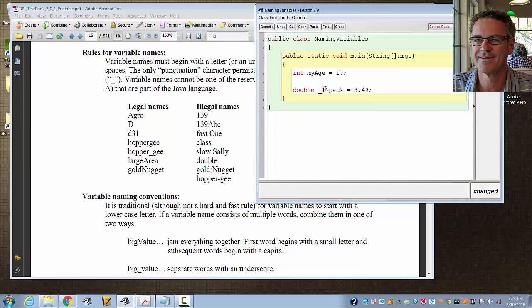You can say underscore like it says, and then it works fine, or you could perhaps spell it out, 12 pack like that, and that works too. But you cannot start with a number. That's not going to work. So I'll comment that out. And you cannot put a space